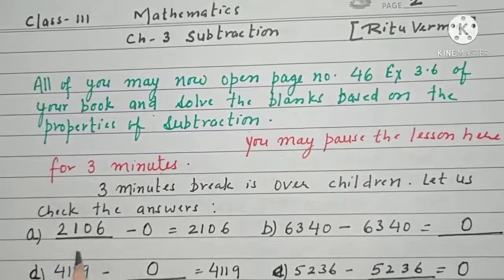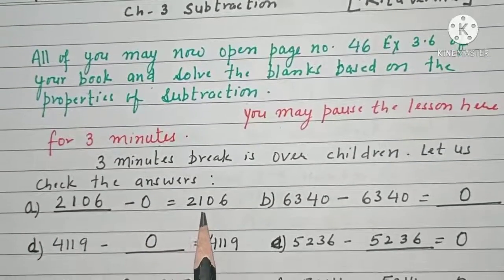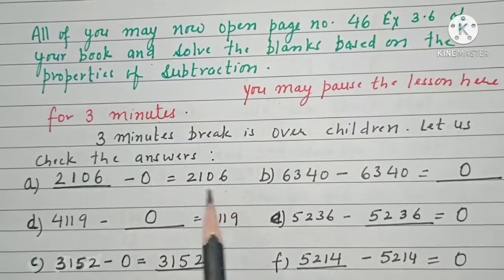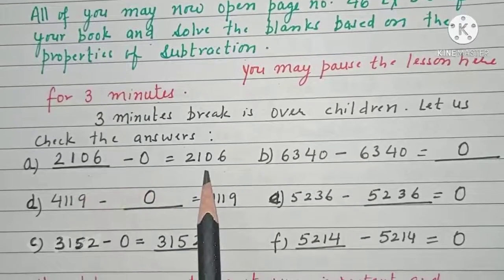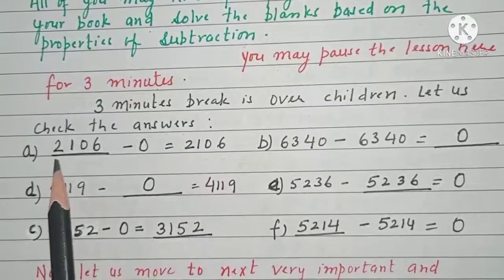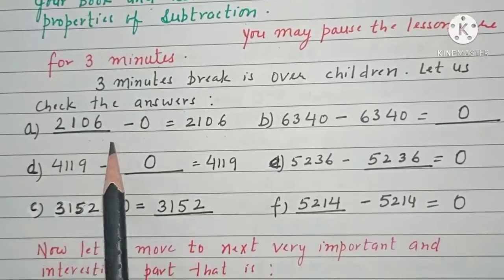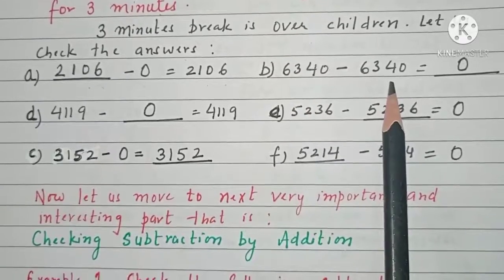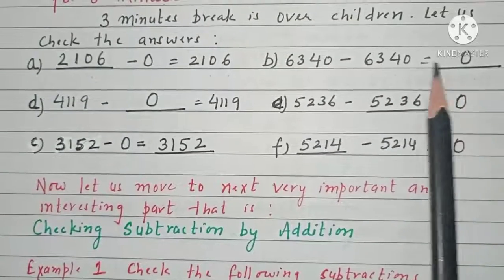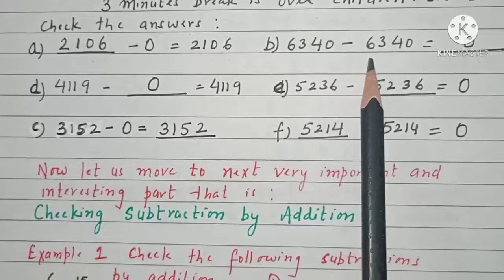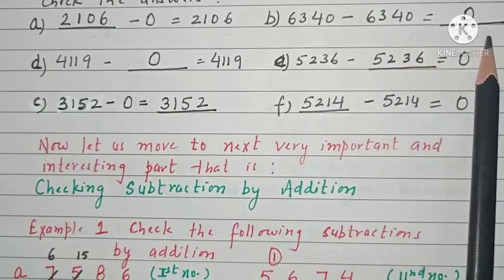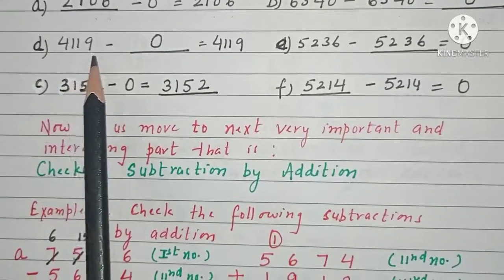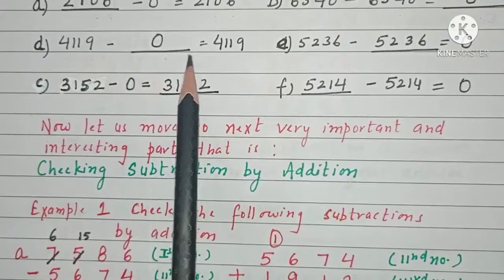As per the first blank, dash minus 0 is equal to 2106. So, we have done that when we are subtracting 0 from a number, the answer is the number. So, here the answer is 2106. B part, the answer is when two same numbers are subtracted, the answer is 0. So, 6340 minus 6340 is equal to 0. Now, as per the D part, 4119 minus 0 is equal to